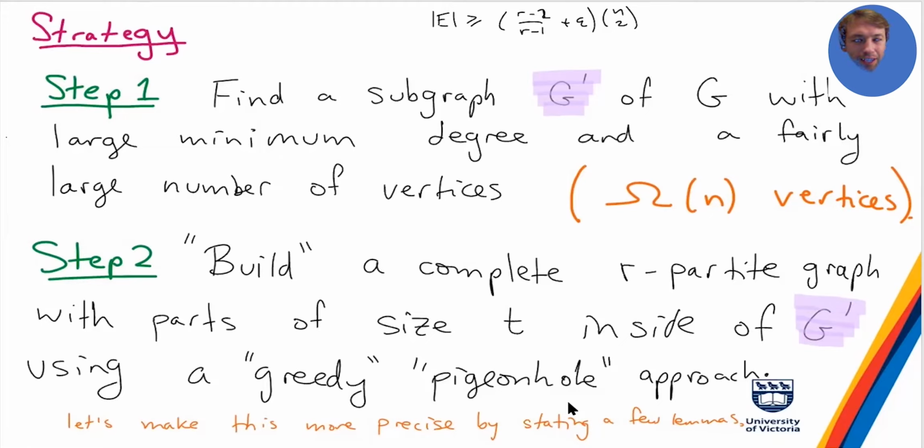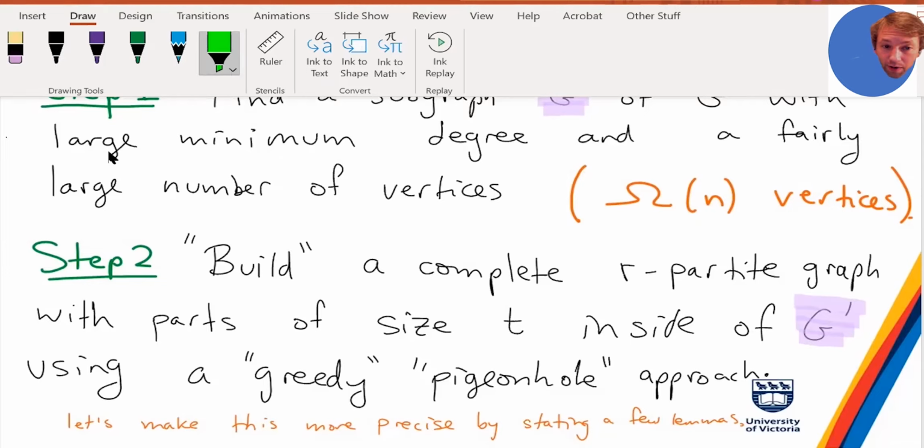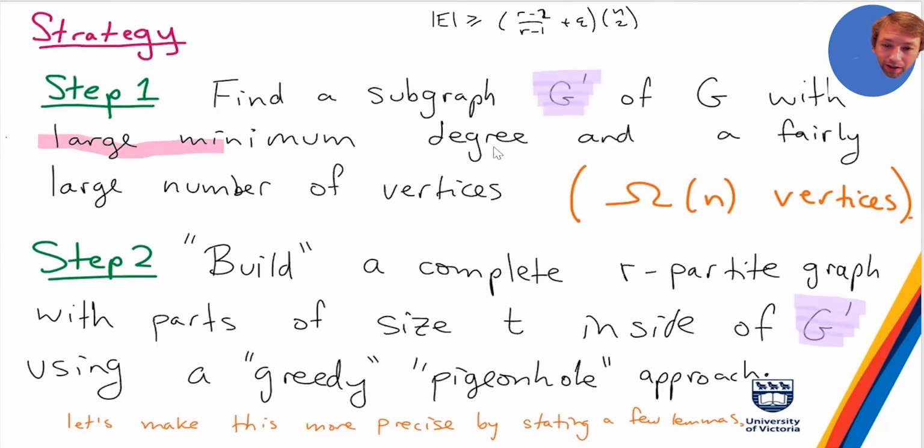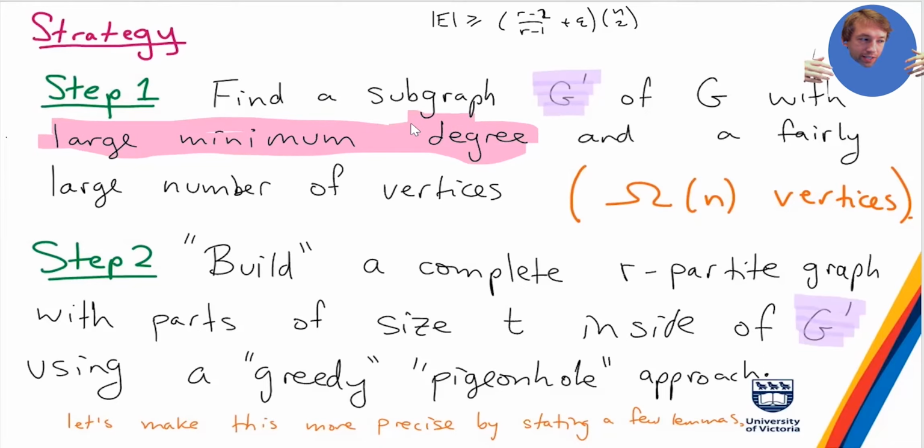It's not quite the same here, but basically our first step is going to be to take this big graph G and refine it to a smaller graph that has a large minimum degree. Right now we don't know anything about the minimum degree of G. We just know that G has a lot of edges. We want to throw away some vertices so that we still have a large minimum degree, and we don't want to throw away too many vertices